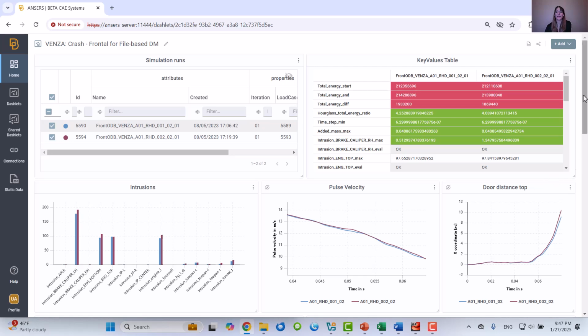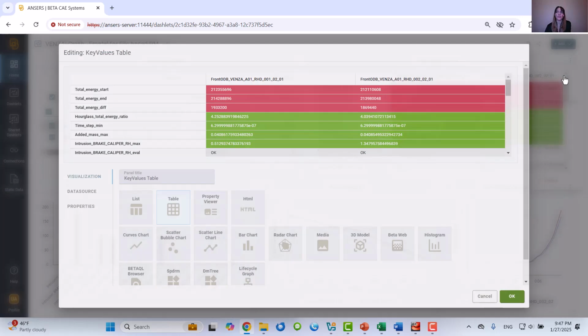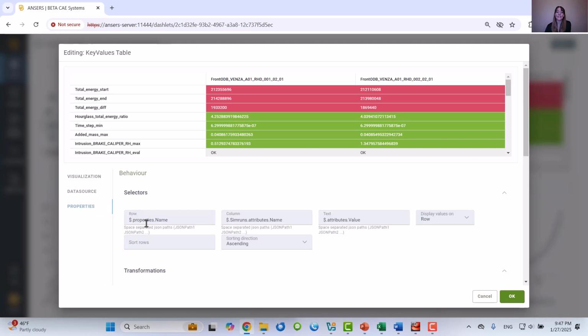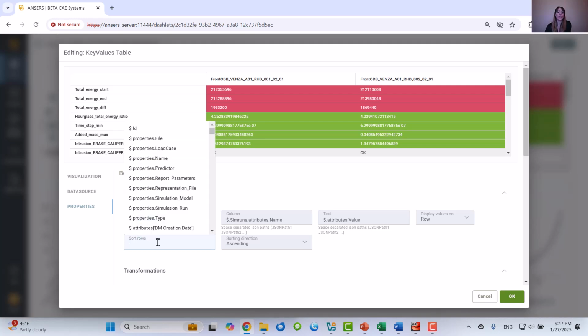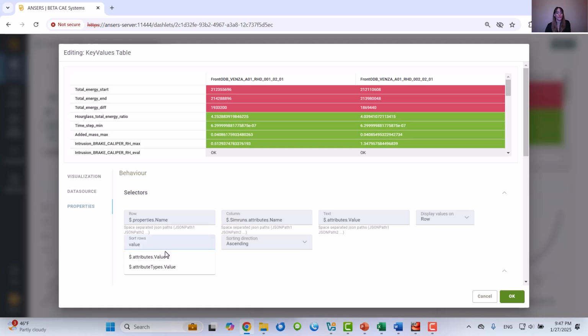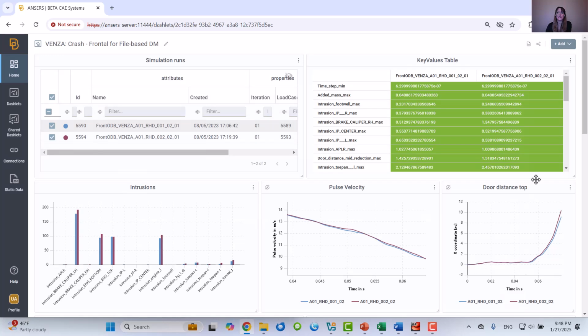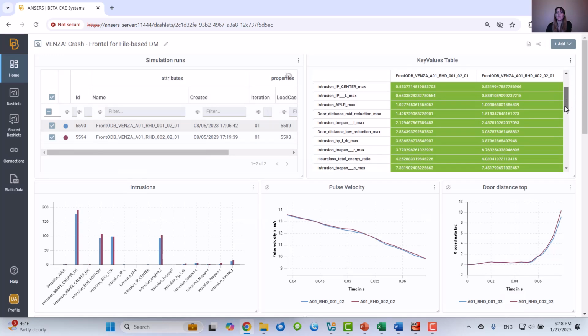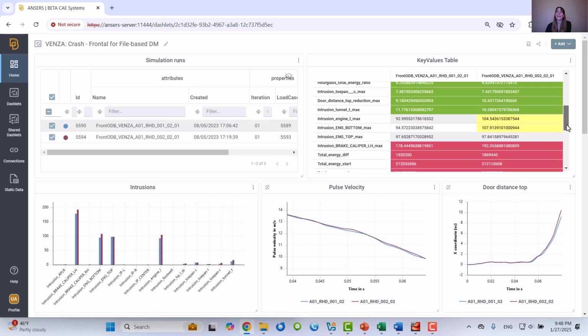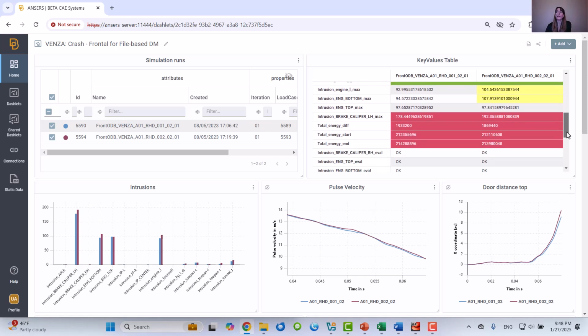If I edit, for example, this table and go under properties, you will notice that I can select, for example, to apply the attribute value as a sort value. So I will sort the rows by the attribute value, and I can select the sorting direction to be ascending or descending. And the concept is that you will be able to get a table with key values, shows them always in a maximum order or in a minimum order.